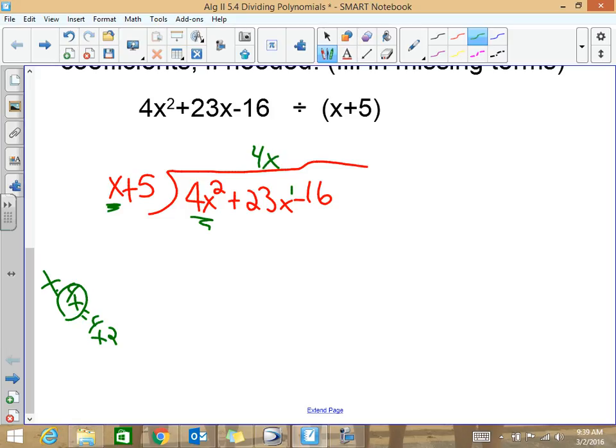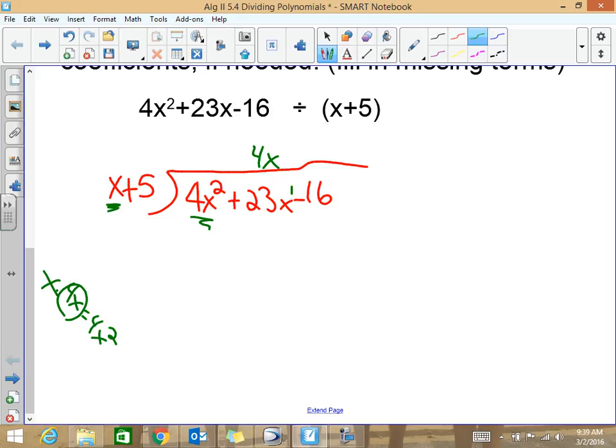Okay? So whatever term you're putting up on this top line, you want to keep your columns straight about the degree. All right? What's that? Oh, that's x to the first. Okay? All right, so now, just like in long division with numbers, we multiply this 4x by x plus 5,